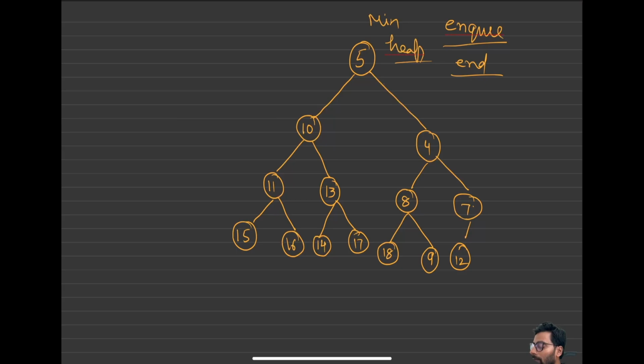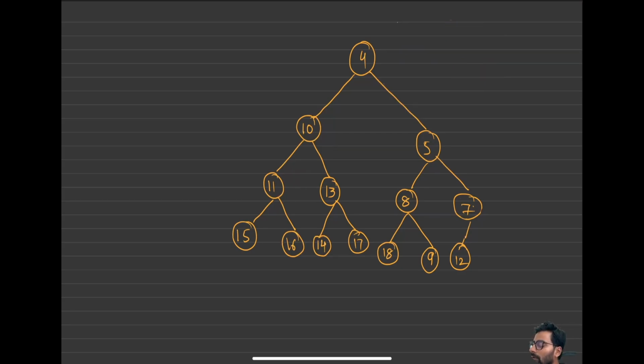4 will come here and 7. So again, it needed to swap the value. So we have swapped the value. Now at every place, every node is following the heap property. So we have successfully inserted the new data, and you can see that when we talk about the time complexity